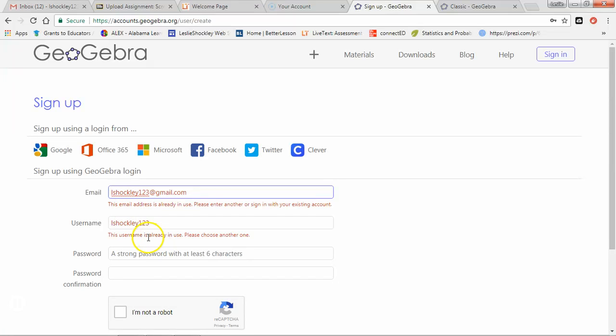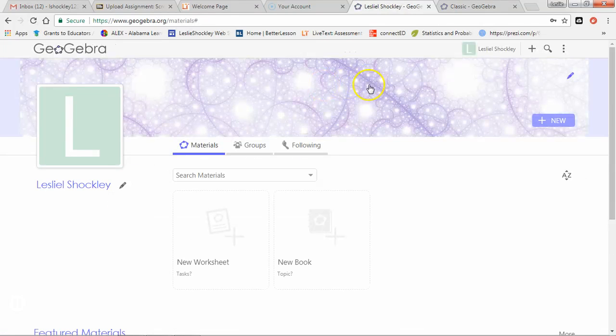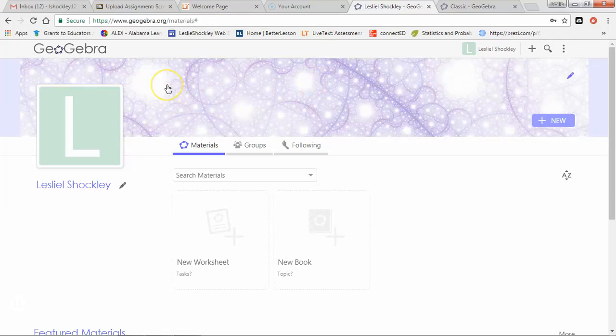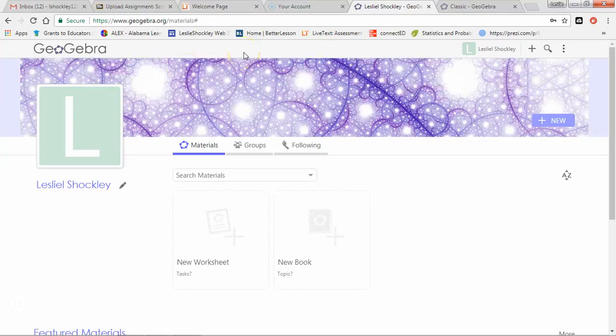And then of course it's telling me that the username is also in use. So I'm just going to click my Google and sign into my Google account. Okay, so here is my dashboard, and this is a new account that I just created. I have one for school that I use with my class,